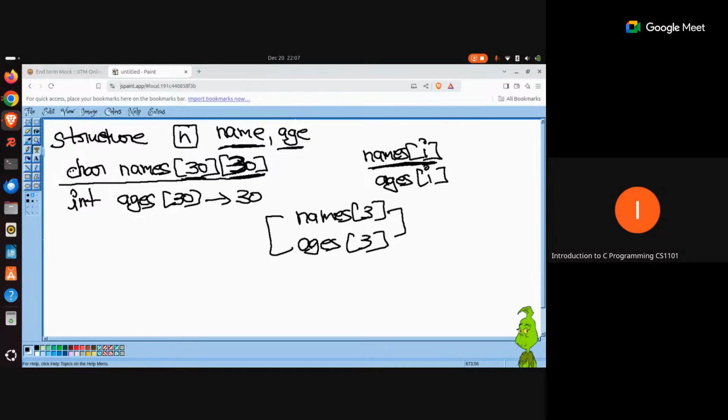And that is where the concept of the array becomes a little bit difficult to implement for such scenarios. Because what we have to do here is store data which is actually grouped into a logical entity. So if you are saying name, age, tomorrow the user can say, I want to store the address, I want to store the roll number, I want to store 10 different things for a particular user, then it becomes more difficult. You will have to keep on creating those arrays as and when the user information is getting incremented. So the solution to such type of problem is going to be structures.